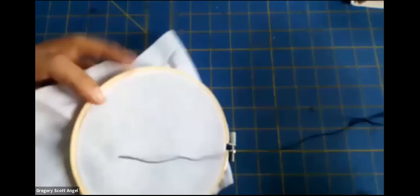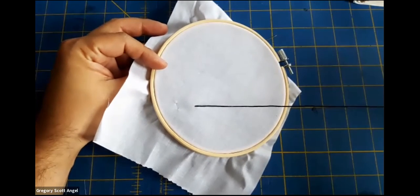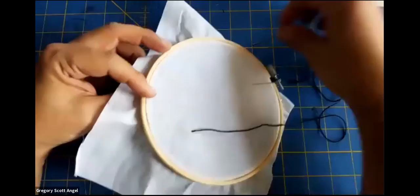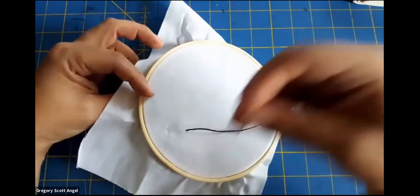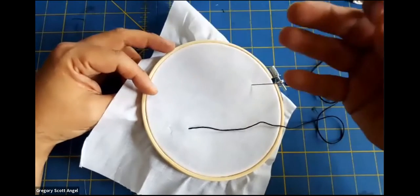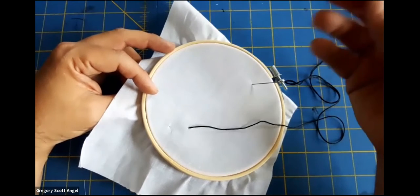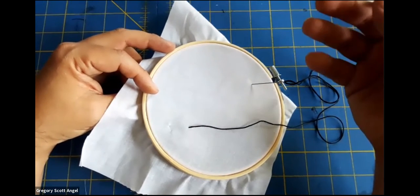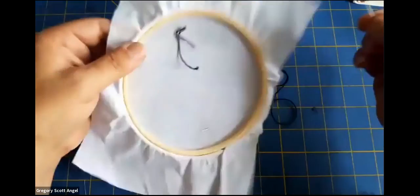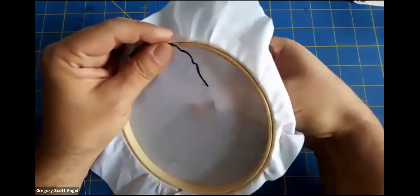So I've entered the thread through the actual hoop itself on this side, and I'm just going to stick that in for right now. If you don't want to make a knot, or you feel like the knot is just not appropriate to what you're doing, like Jennifer, you had your design. If you wanted to leave it so that it was not so bulky on the back side, especially when it might be seen, we can easily keep a tail in on the back side,